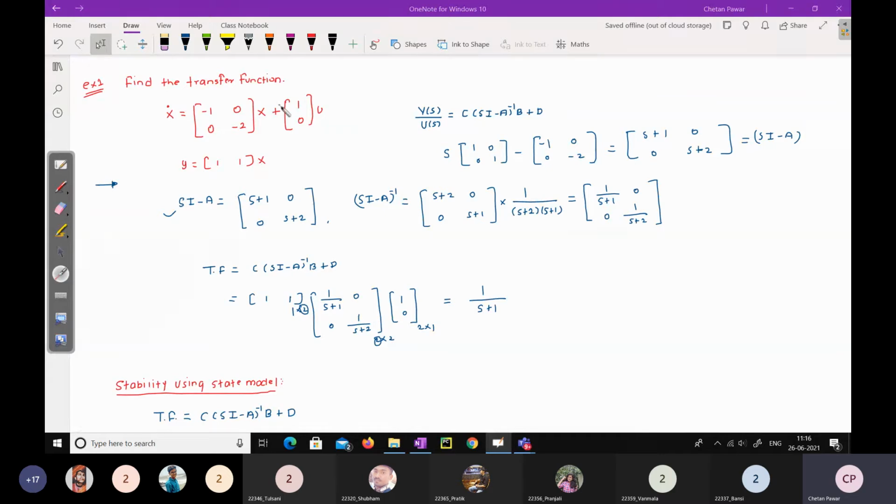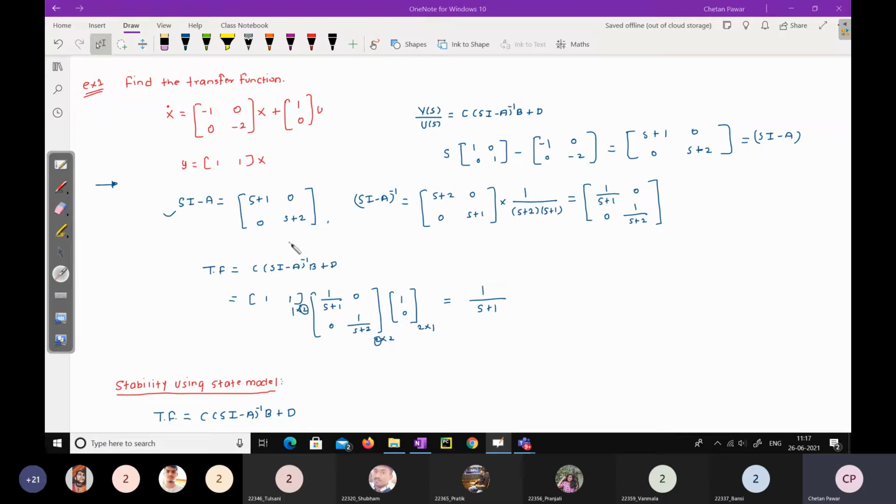How to determine the stability using this A matrix? Because this is the system matrix, and that is decided by the denominator of the transfer function. As we know, the roots of the denominator are the poles of the system. System stability depends only on the system poles, not on the system zeros, because system poles define the characteristics of any system or system output. That's why poles are important, and while doing stability analysis, we generally consider just the pole location.